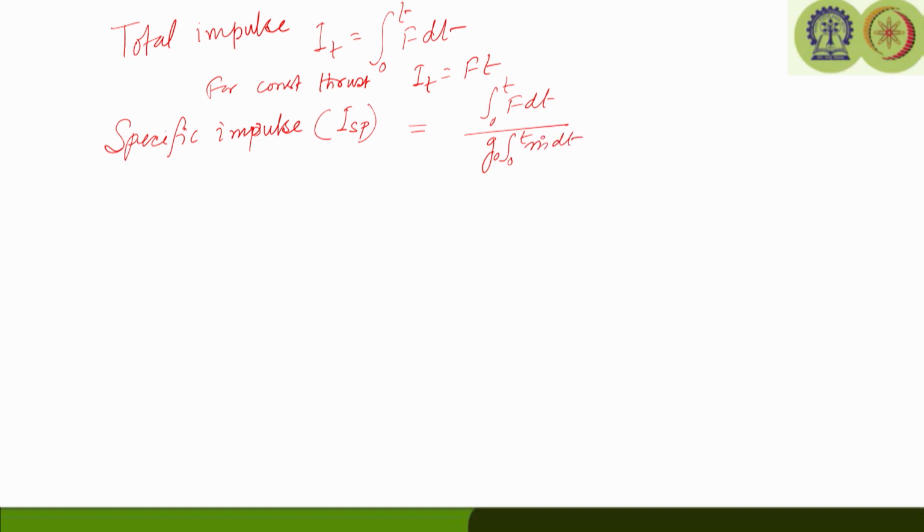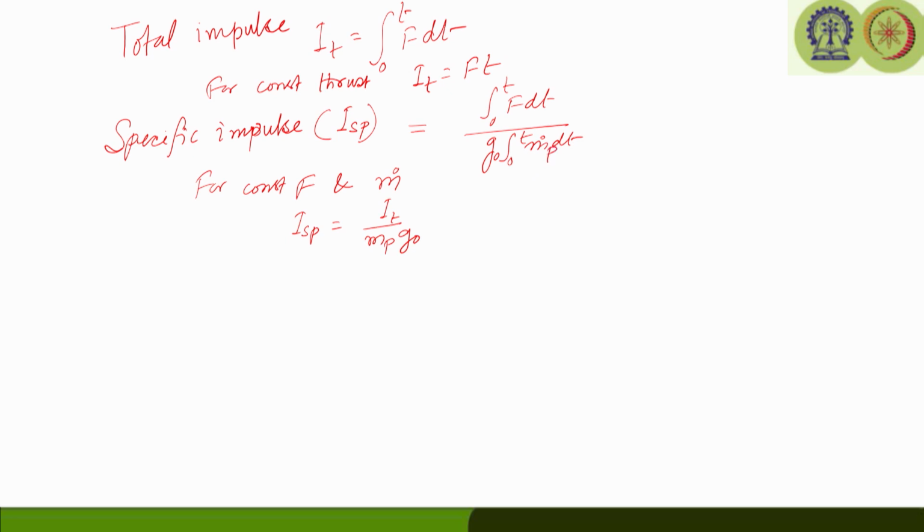the integral of m dot g0 dt. So, if there are any transient effects like stopping and starting, or a change in the flow rate, we can get the total weight of the propellant by integrating this, and the total impulse we can get from there if there is a variation of thrust. But for constant thrust and constant mass flow rate of propellant, we can simply write ISP as total impulse by propellant mass into G0.